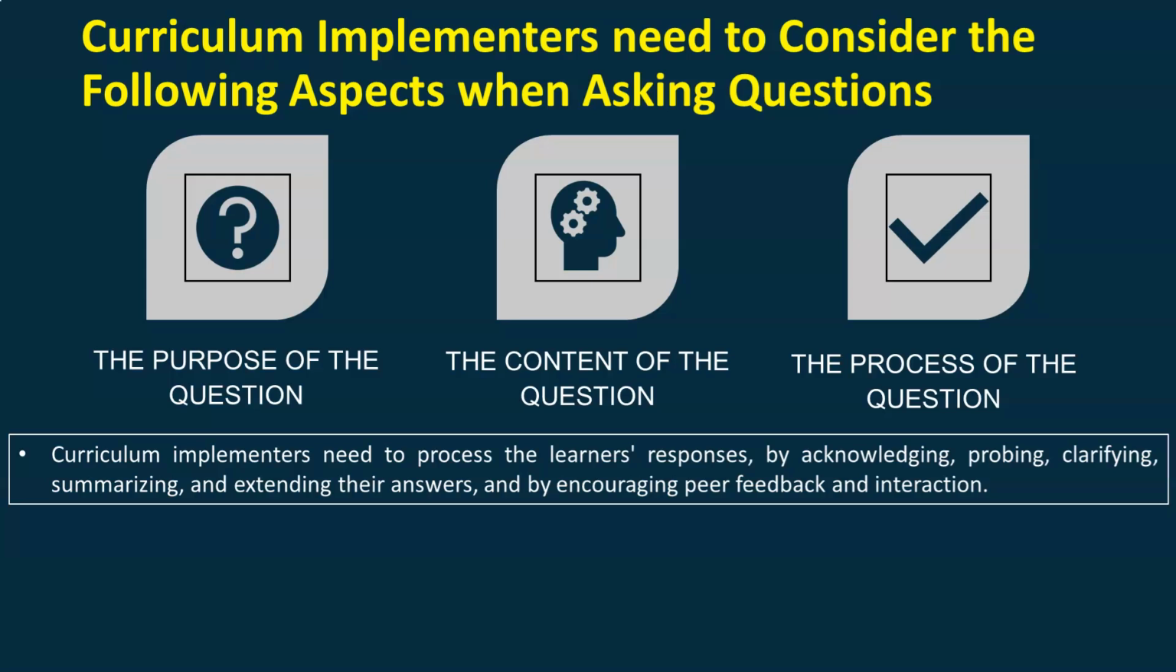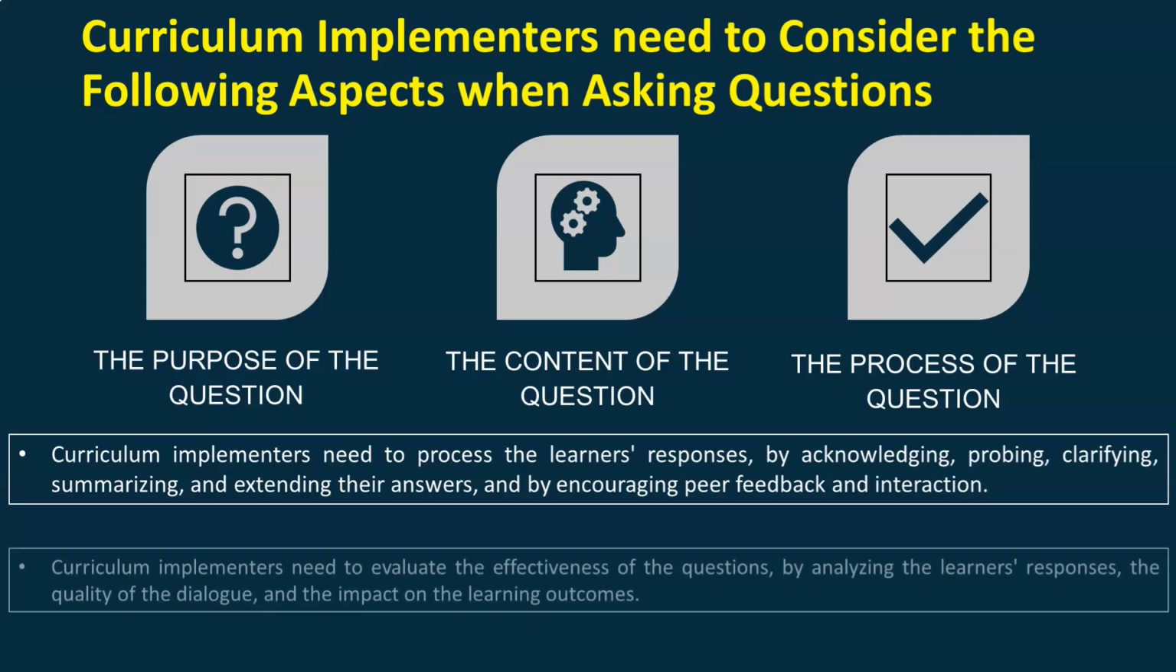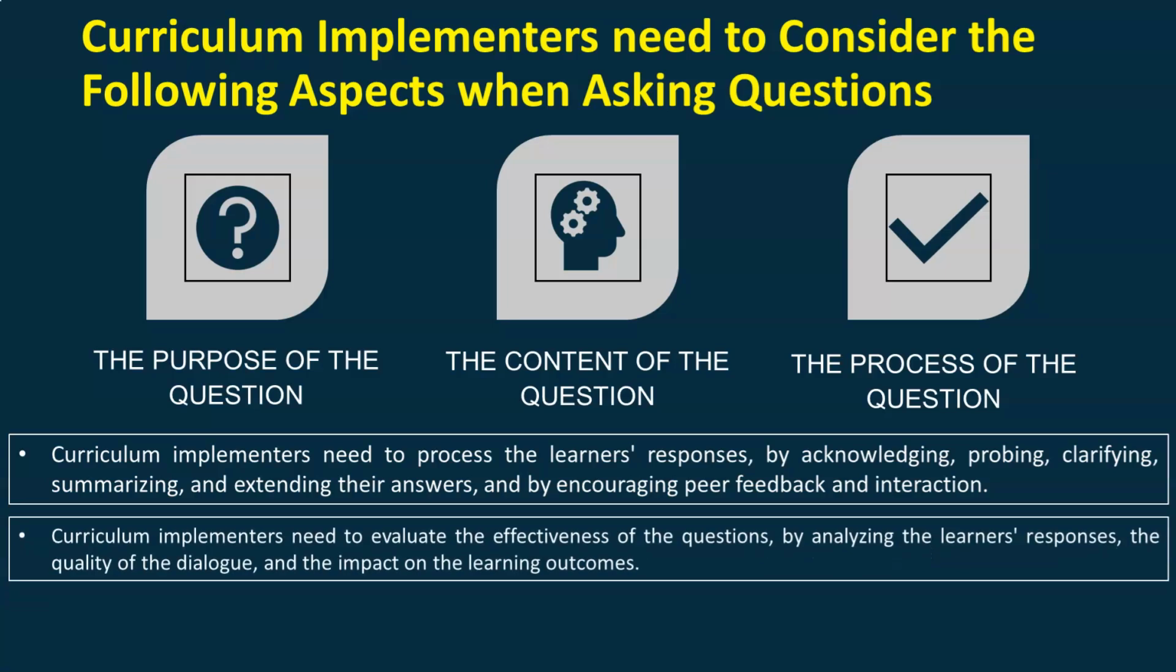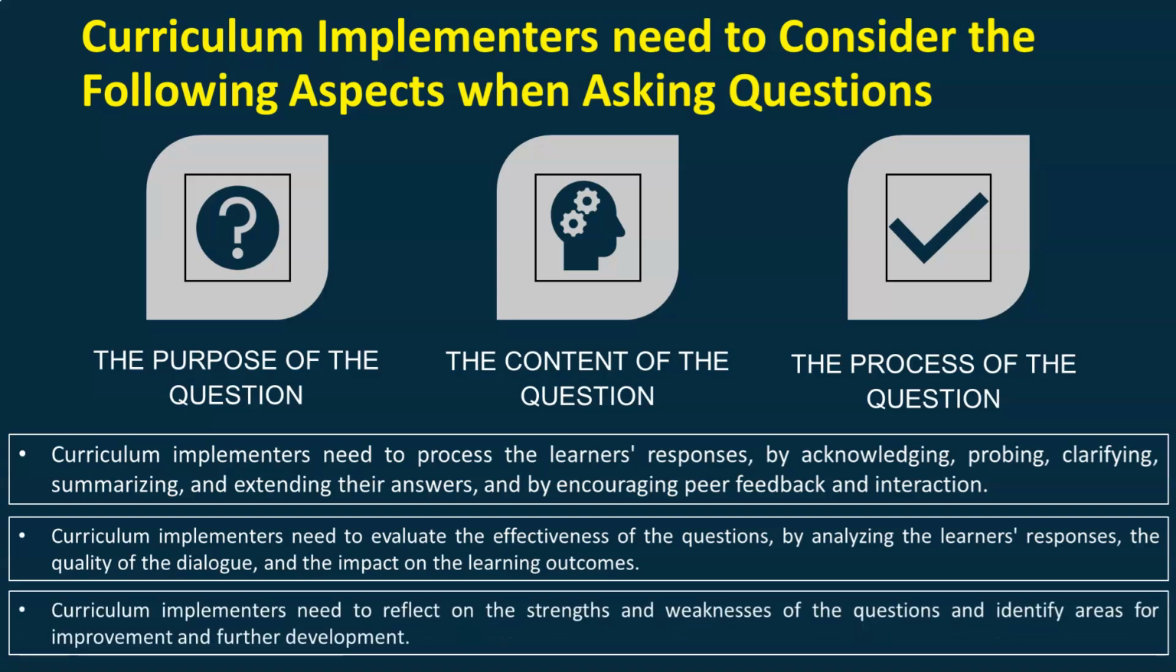peer feedback and interaction. Curriculum implementers need to evaluate the effectiveness of the questions by analyzing the learners' responses, the quality of the dialogue, and the impact on the learning outcomes. Curriculum implementers need to reflect on the strengths and weaknesses of the questions and identify areas for improvement and further